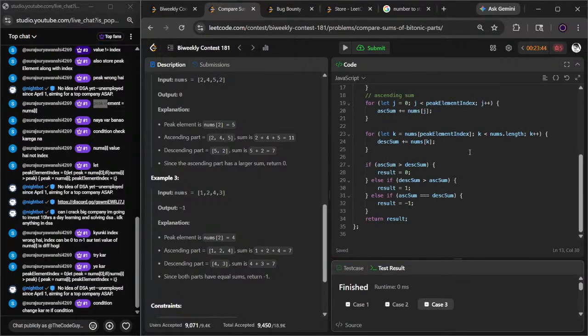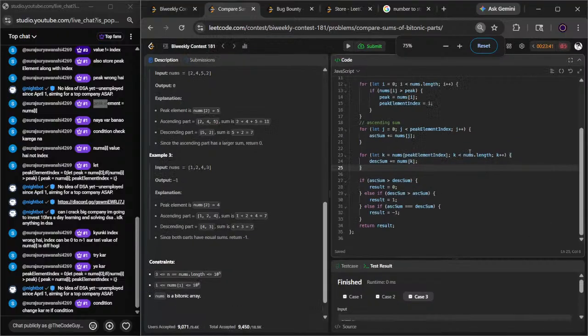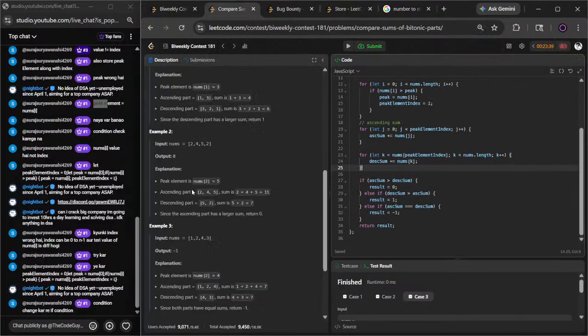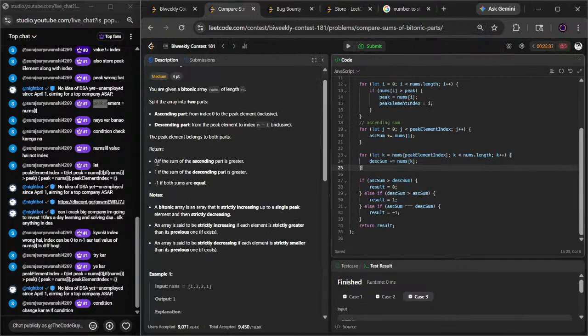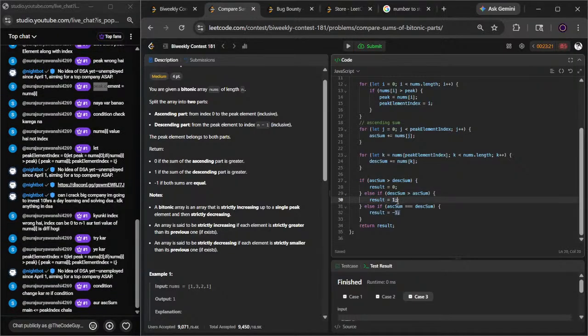ये कंडीशन रॉन्ग है, बट उसने तो यही बोला था। यहाँ पे देखो, सम विल बी 0 इफ असेंडिंग इज ट्रू, मतलब सम 0 हो जाएगा। सम विल बी 1 इफ डिसेंडिंग पार्ट इज ग्रेटर। डिसेंडिंग पार्ट ग्रेटर कब रहेगा? मतलब डिसेंडिंग पार्ट ग्रेटर रहेगा तो रिजल्ट 1 होएगा।